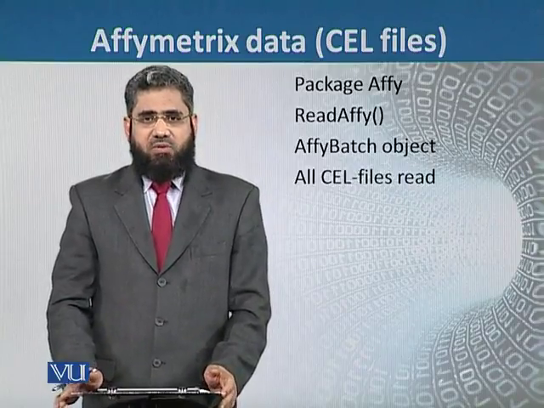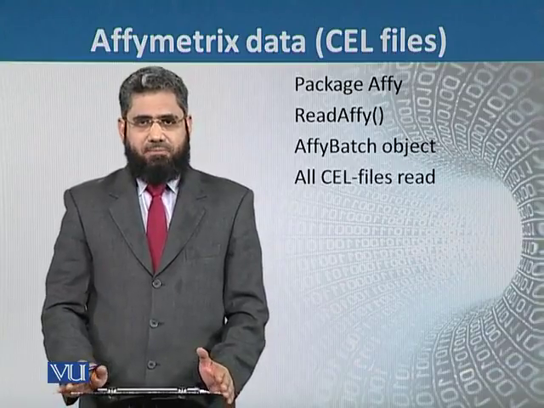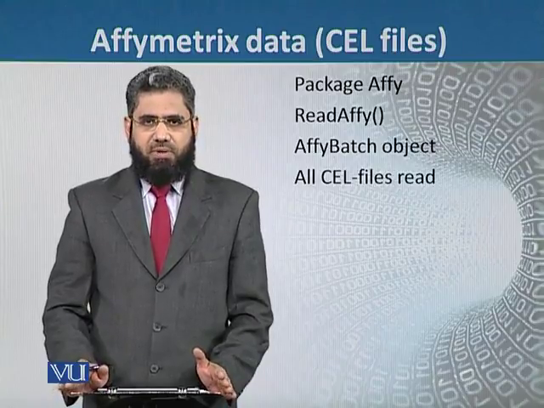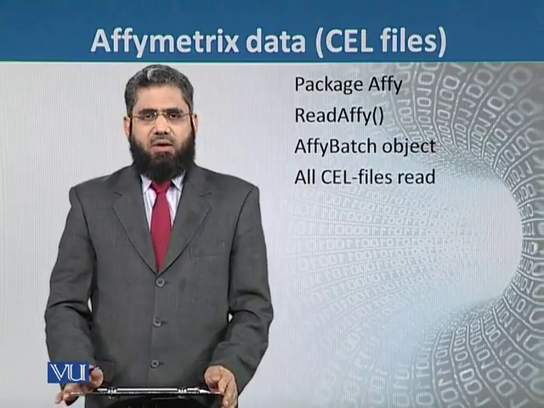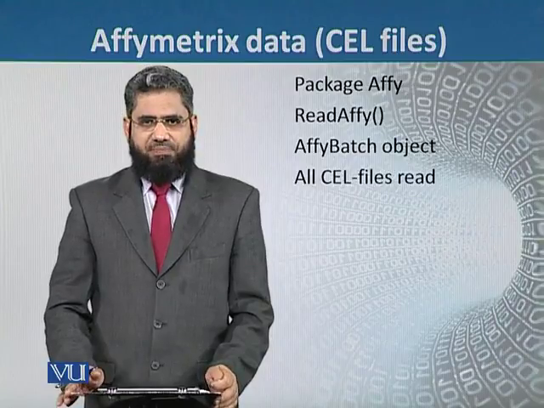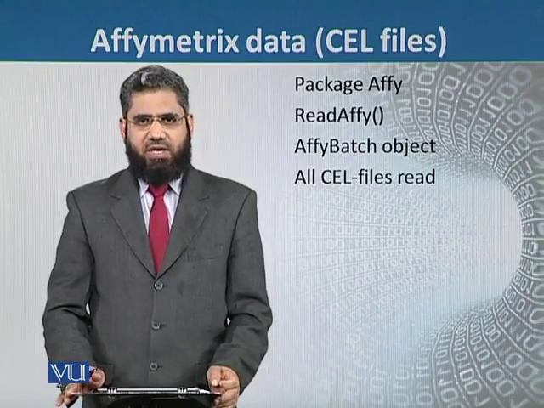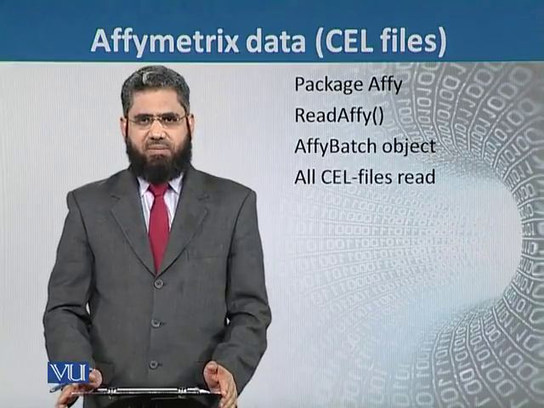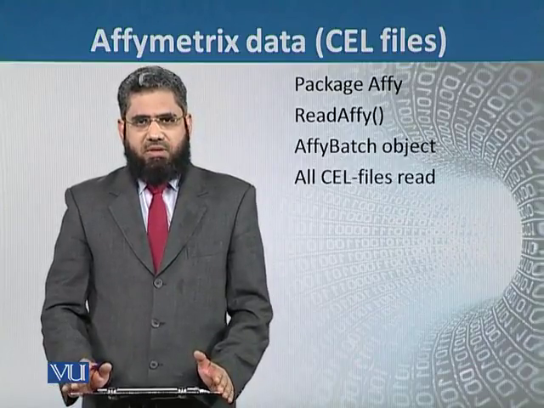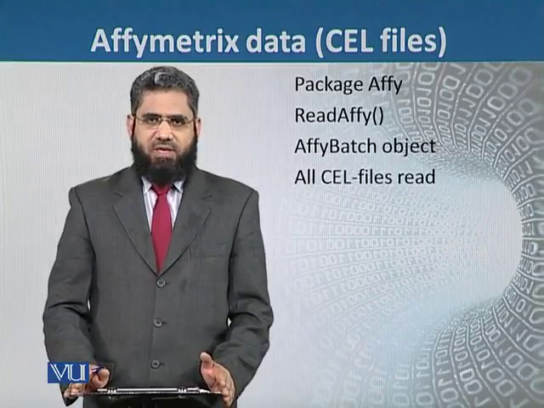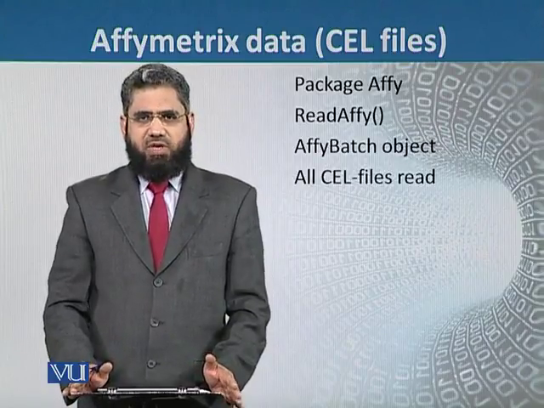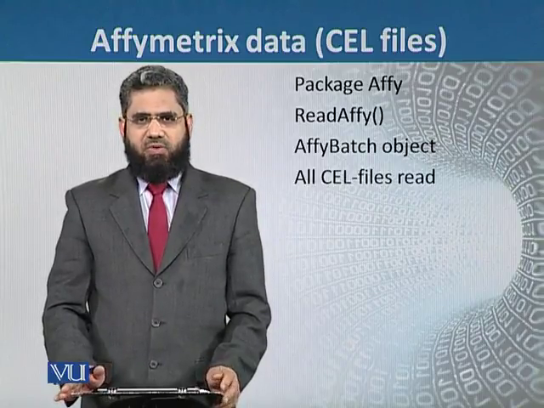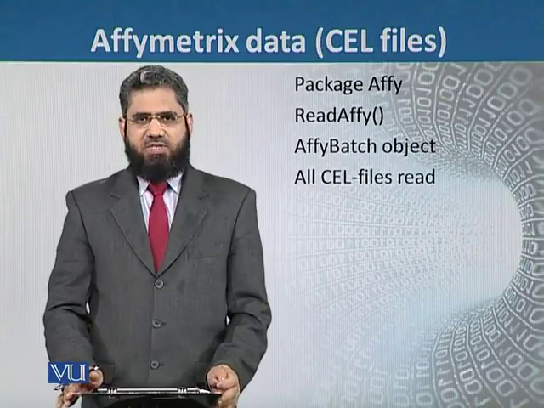So after converting into the cDNA, we can label these cDNAs, both treated, the diseased, and the normal, with two types of dyes. They are generally known as cyanine 3 and cyanine 5. One has the green color and the other has the red color. So the cDNA of the normal is treated with cyanine 3, that is green color, and the cDNA of the treated or diseased one is treated with cyanine 5.